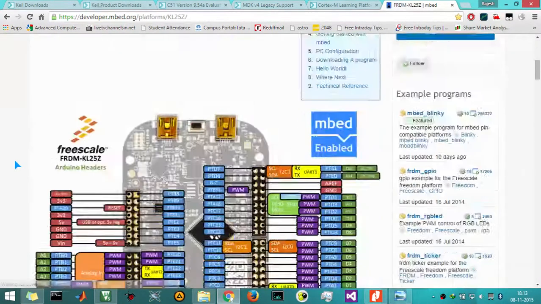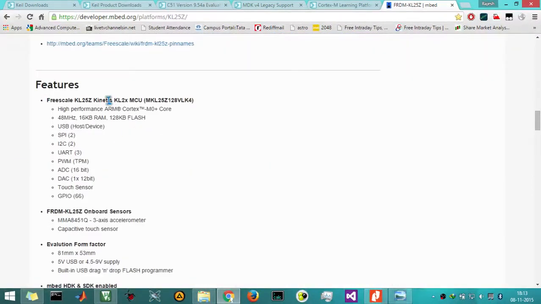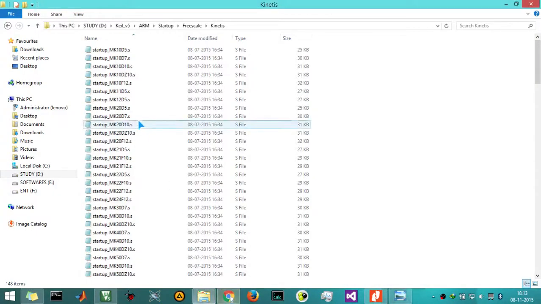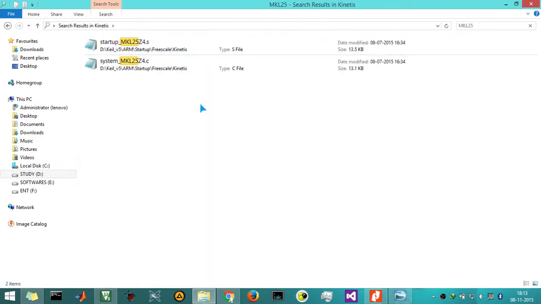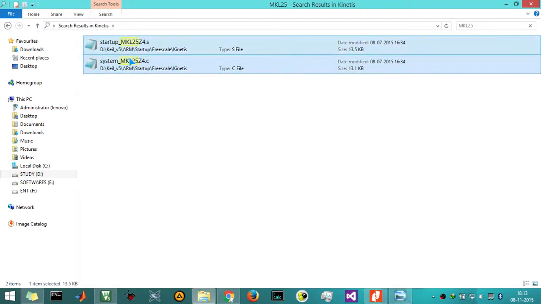In Kinetis we have to search for KL25Z, MKL25. So you can see two files, startup MKL25Z4.s and .c.